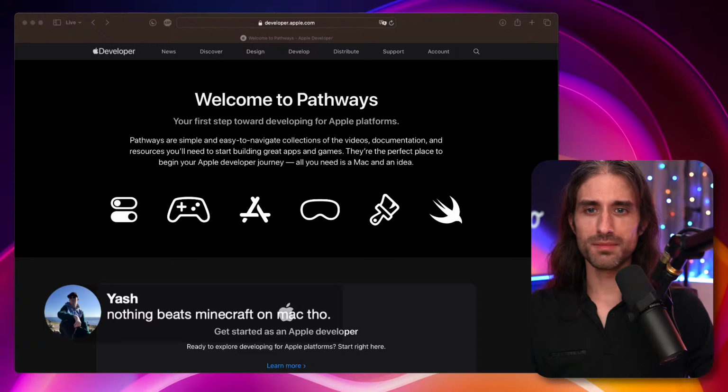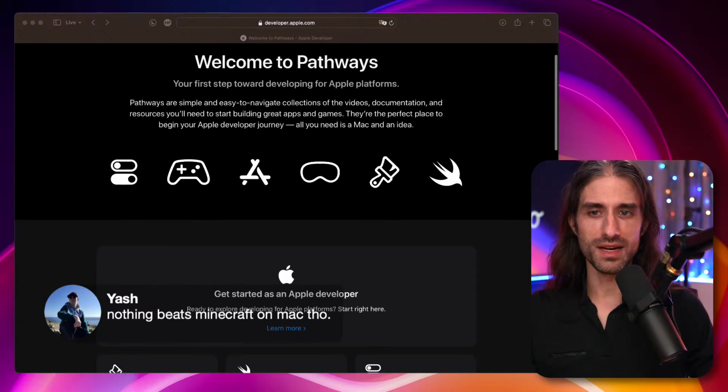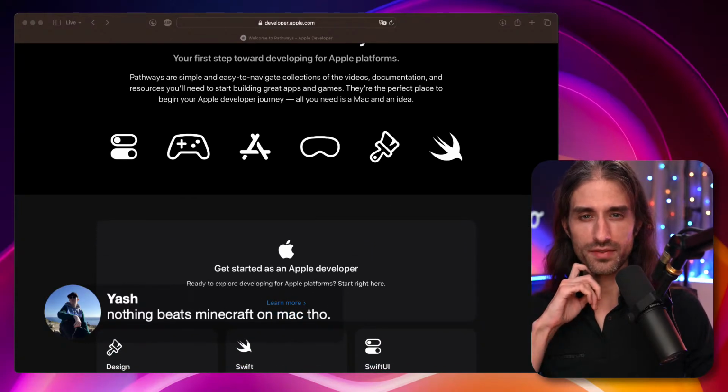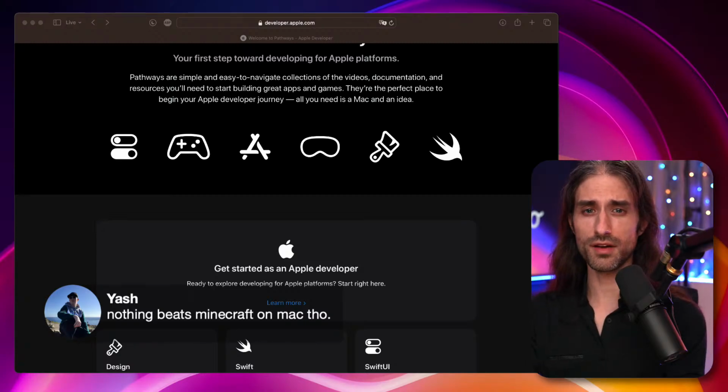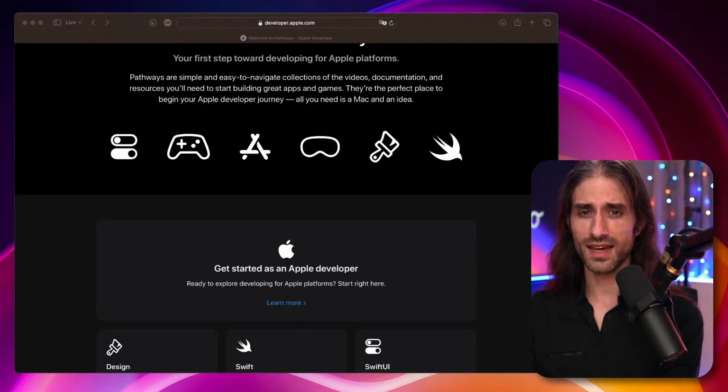So, nothing beats Minecraft on Mac. I don't know if you can believe it, but I have never played Minecraft in my life. I have played a lot of video games, but never Minecraft, because I think it released just when I was starting to study CS and I had a lot of work, and then never got around to playing it. I've never been into multiplayer games also, so I have heard a lot about Minecraft, but I have literally never played it. And when I say never, it's zero.